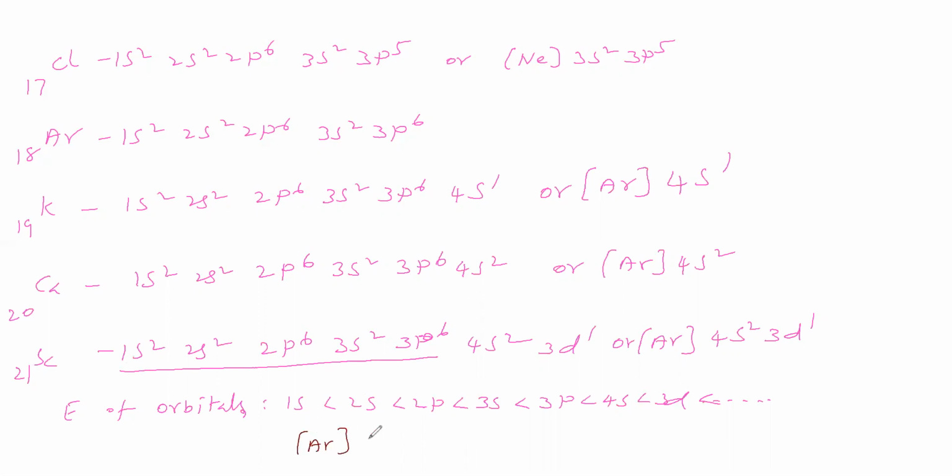Then we have to write 3d1 4s2. We have to write in this form: this is argon, then after argon we have to write 3d, and only then 4s. So why do we have to write like this? In the sense, after